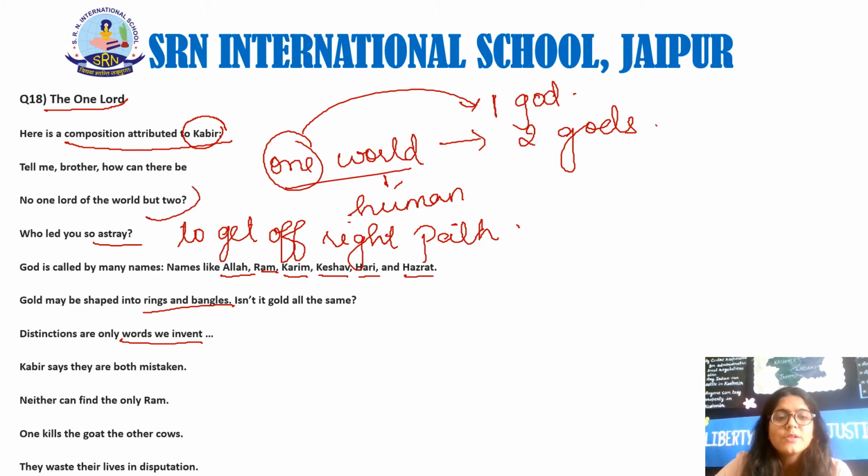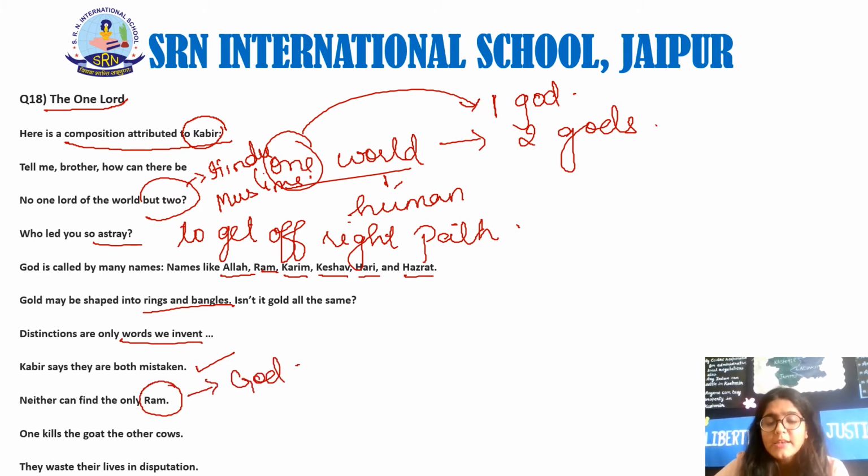By the two worlds also, Kabir means Hindus and Muslims. And in this excerpt, he is talking about Hindu-Muslim unity, and he says they both are mistaken. It's not just that Muslims are propagating Allah, or that Hindus are propagating only God, but both of them are wrong at their own places, and neither can find the only Ram. Ram is basically for God, and Kabirji is saying that neither Hindus nor Muslims can find God if they continue like that.